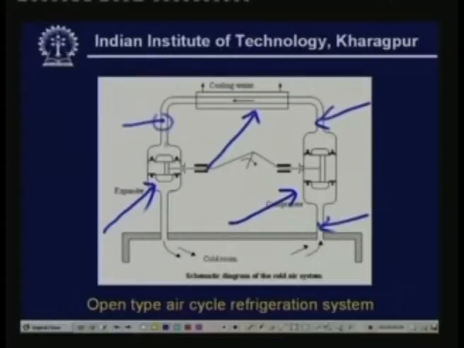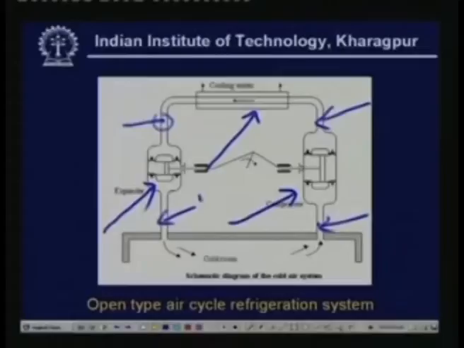This high pressure warm air then flows through an expander or turbine. As it flows through the expander or turbine, it produces external work. Since energy is required for producing external work, it takes energy from itself. That means its temperature and pressure drop. So, what you have here is atmospheric pressure and low temperature